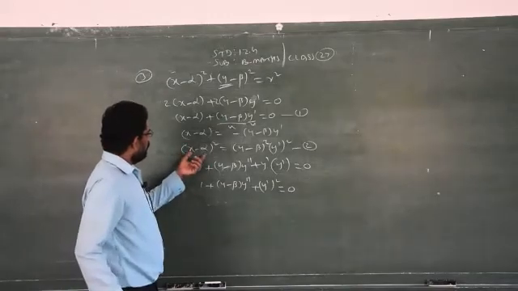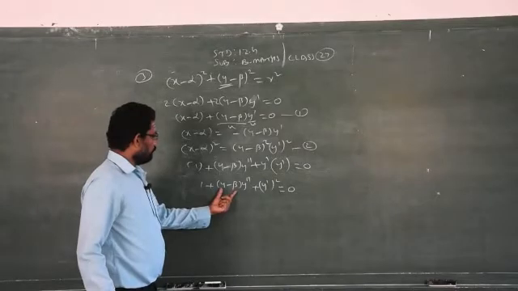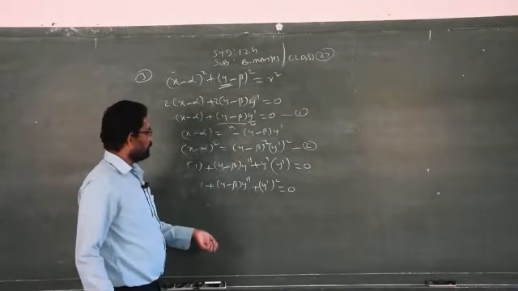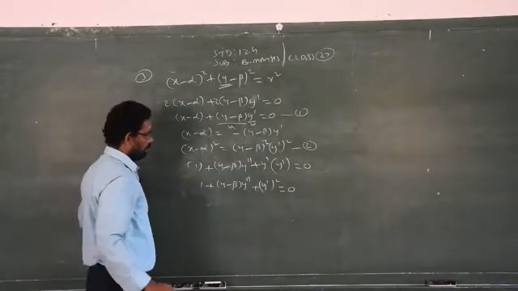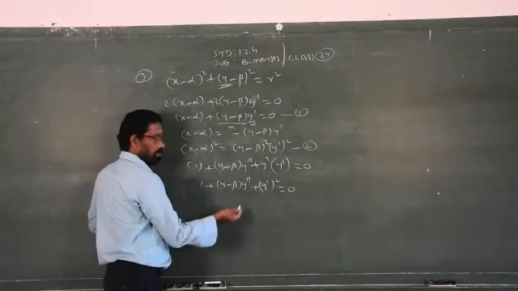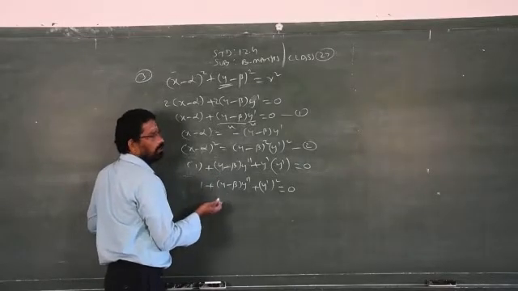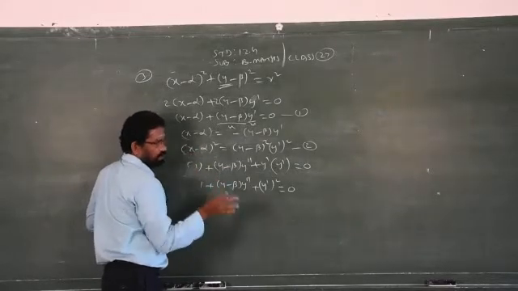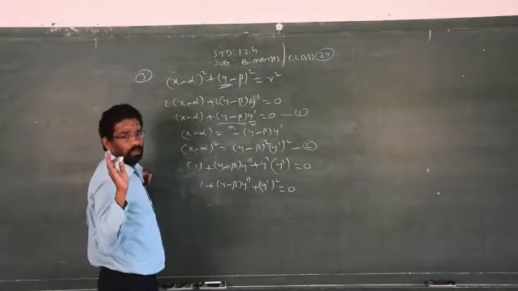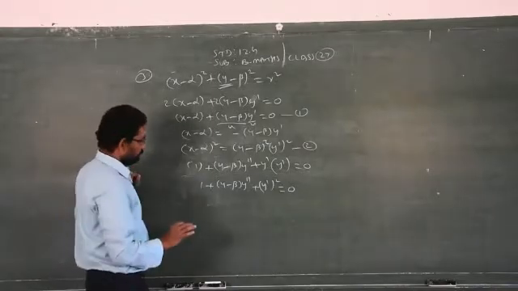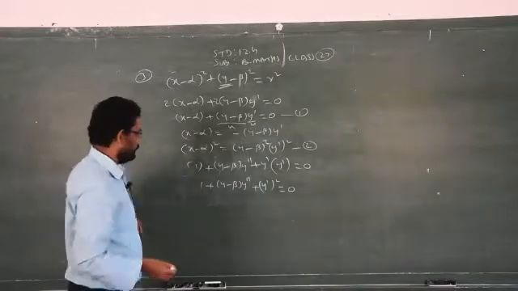So I found already (x − α) whole squared. I have to find (y − β) whole squared now, then only I can replace it in the given question to get that answer. You have another method also. There are too many methods. I followed this method. If you know some other method, you can follow it. It doesn't matter. Your aim is to eliminate α and β. That's all. Follow any method. No restriction. I did not force you to follow only this method. You are free to follow any one method.